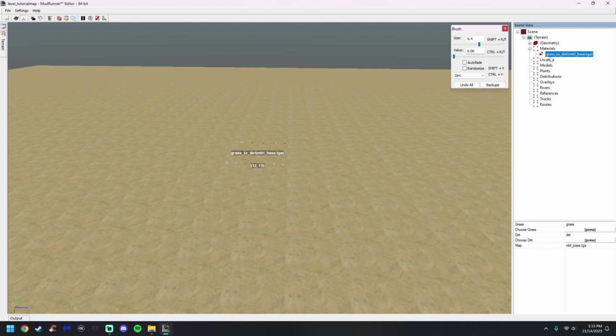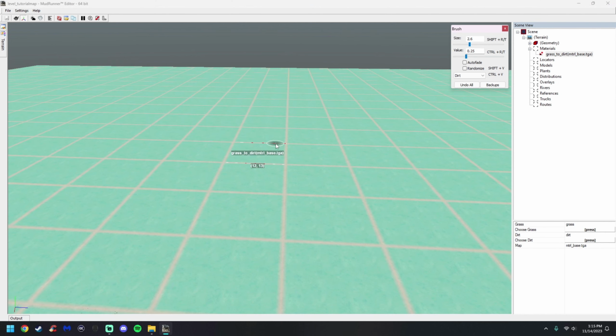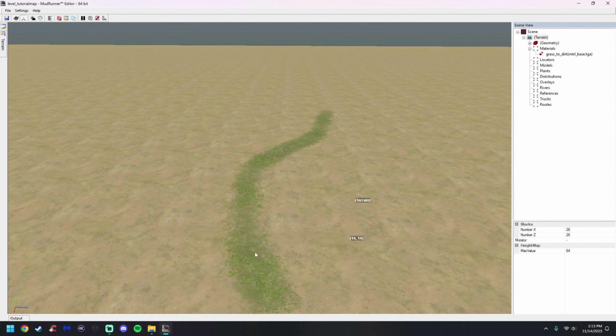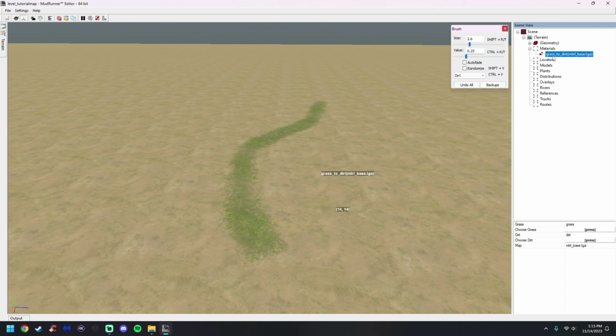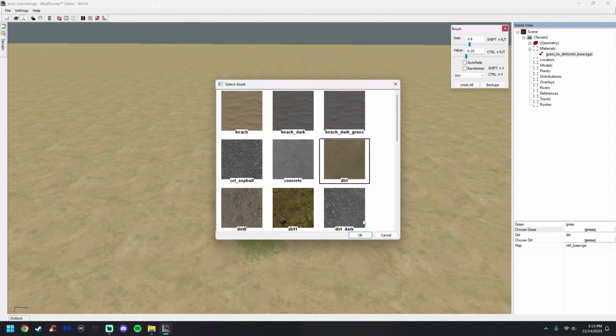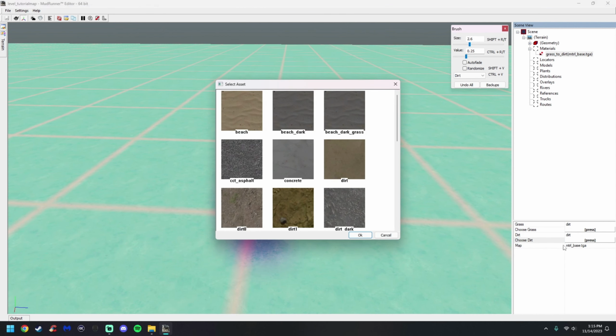Materials. They always start you with grass to dirt. The stupid thing about that is if I start to draw, you're drawing with grass. That's kind of silly. I don't know why the game does that. So we want to switch this to dirt to grass. You want to come down here, click this little press button, select dirt, and then press this one and